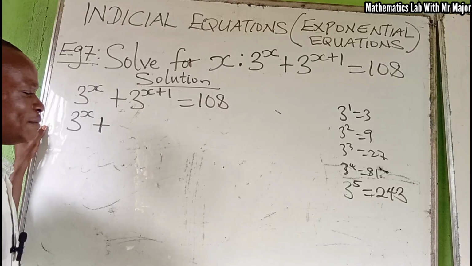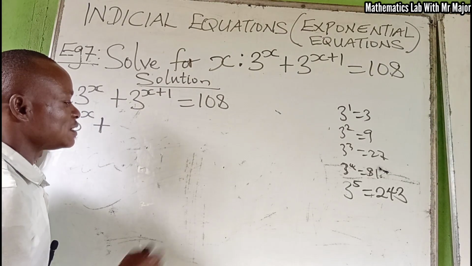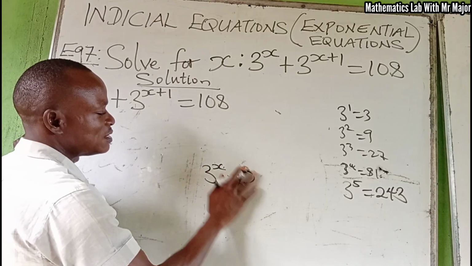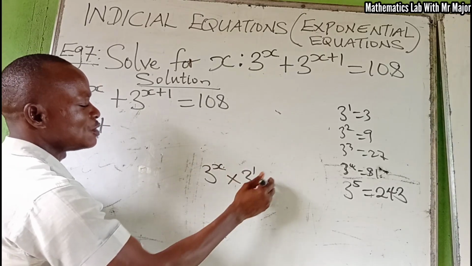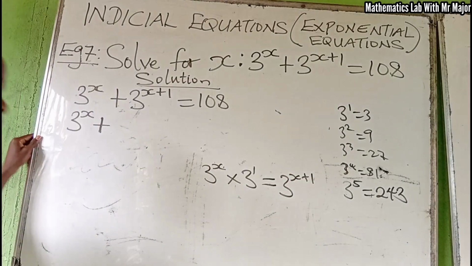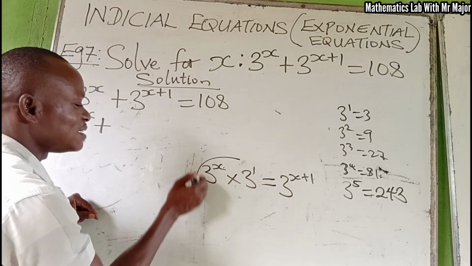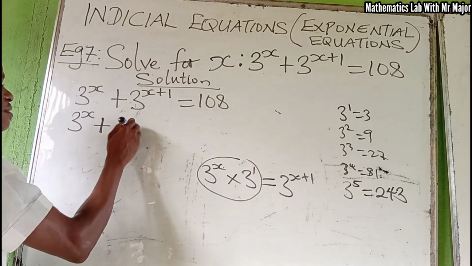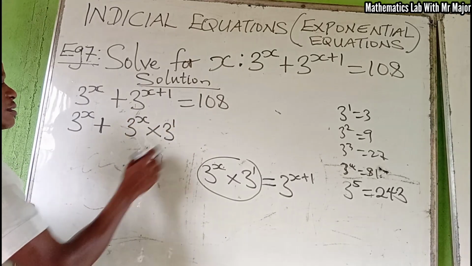You remember in the multiplication law, that is the product law, the very first law of indices. If you have something like 3 raised to power x times 3 raised to power 1, since the bases are the same, we will add the powers. So this is the same thing as 3 raised to power x plus 1. So 3 raised to the power x plus 1, which is what we have here, can be split into this. So that is exactly what I'm going to do now. We have 3 raised to the power x times 3 raised to the power 1 equal to